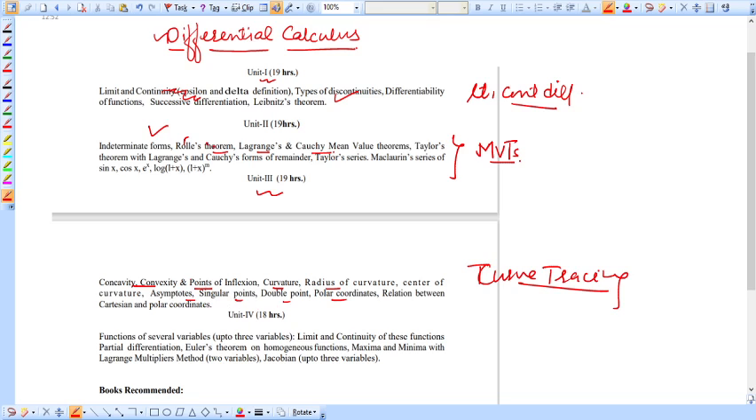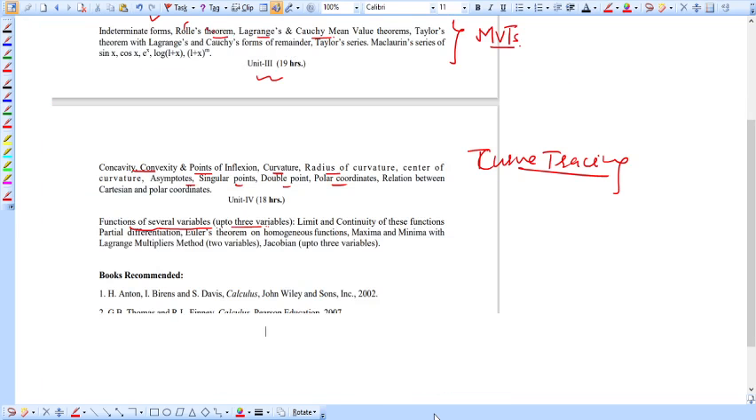And then in the last unit we will be dealing with functions of several variables: limit and continuity of these functions, differentiation of these functions, and Euler theorems on homogeneous functions, maxima, minima, and Jacobians. So these sorts of topics will be done in this lecture series. Recommended books you can see on the screen: Calculus by Thomas and Finney, and Calculus by H. Hinton. So these are the recommended books, and this is the syllabus we are going to cover in this